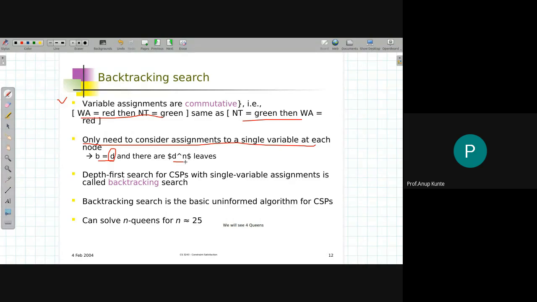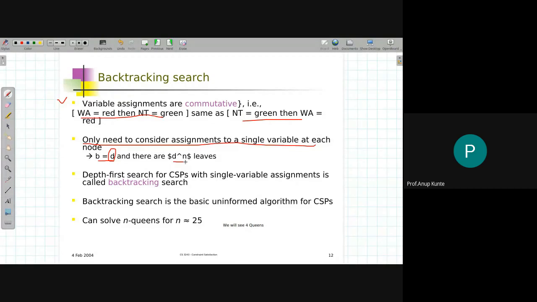But I will not have the tree full grown, that we already know, because some of the branches in that full grown leaf set will be conflicting with the constraints. Okay, so this is the maximum that we can have. So d raised to n is the maximum number of leaves at a depth level n.